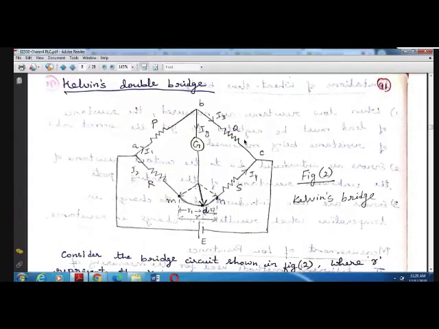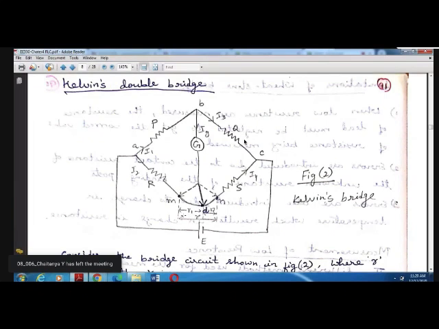If I connect the galvanometer to this point, the standard resistance will have a very low value. If it is connected to point N, it will indicate a very high value. It's not indicating the exact value, either a low or high value we are getting. So instead of connecting the galvanometer either to the M or N point, if you connect the galvanometer to another point D,